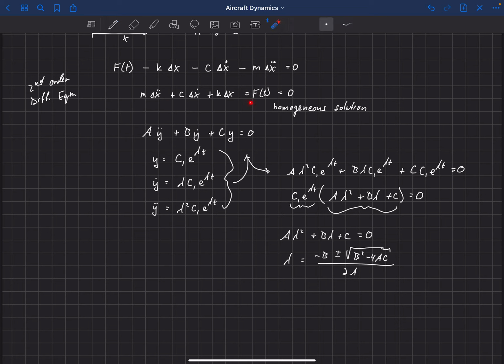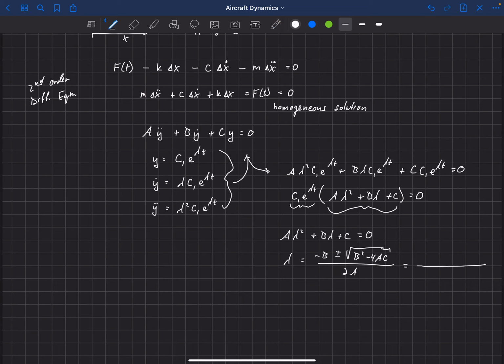So we have this. This is our original equation here. We recognize that it was identical to this form here, so we actually have solved this equation. But let's just plug back in what our actual coefficients are up here. So instead of capital A times y double dot, we've got an m times delta x double dot. So we're using delta x as our y here. And so this first coefficient is just m. So I can plug in an m every place that I have an a here.